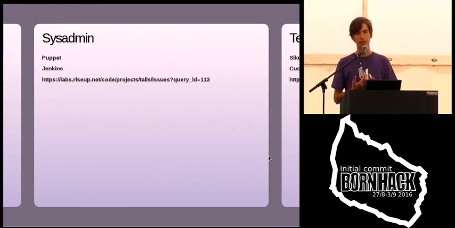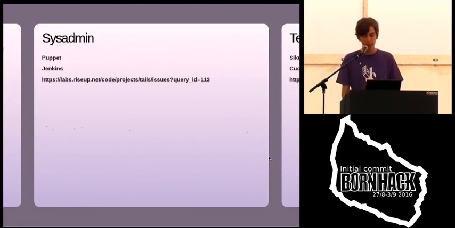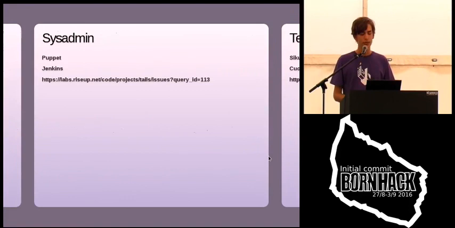So basically, it's like infrastructure as code, which allows people to contribute to us without us having to give them access to our servers or our infrastructure. At the moment, all of our CI stuff happens through Puppet and Jenkins. So there's a bunch of issues that if you would like to work on them, then this is the correct link. Our bug tracker is currently hosted on https://labs.riseup.net/code/project/tails.